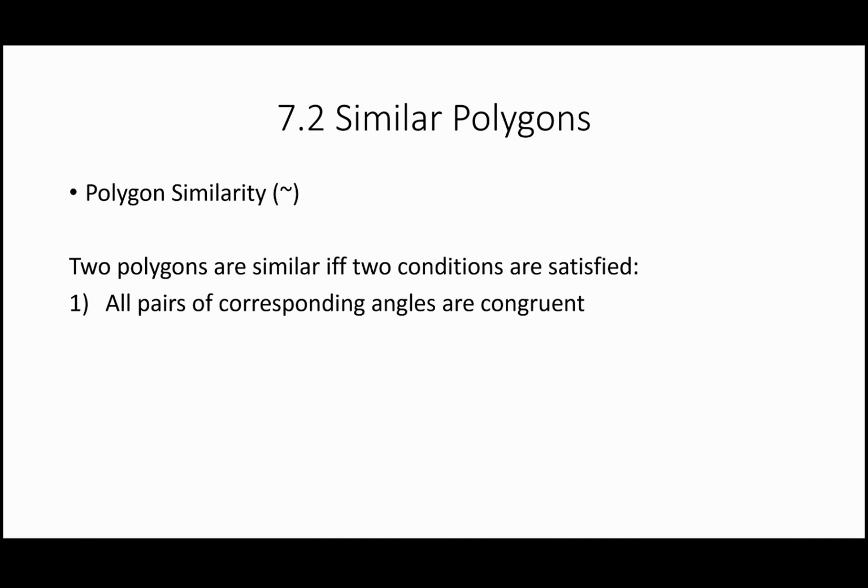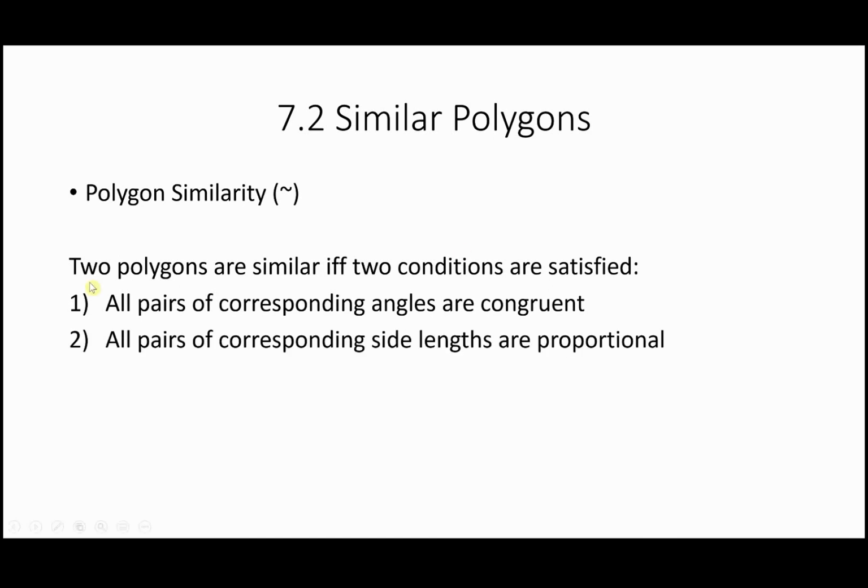All of the corresponding angles had to be congruent and all corresponding sides had to be congruent for polygon, and more specifically triangle congruency. But now we're in similarity, which doesn't have to be as stringent as far as the relationships of the side lengths are concerned. And that brings us into our second condition, in which all pairs of corresponding side lengths are